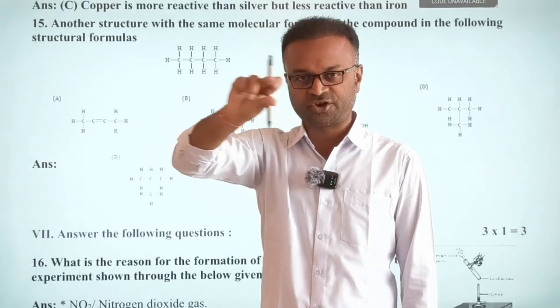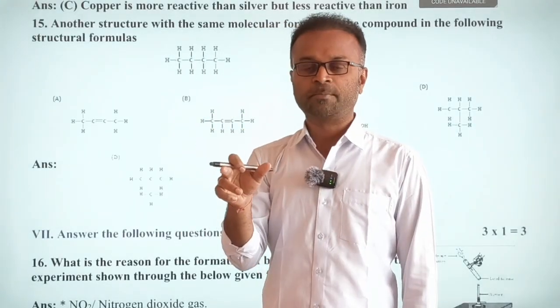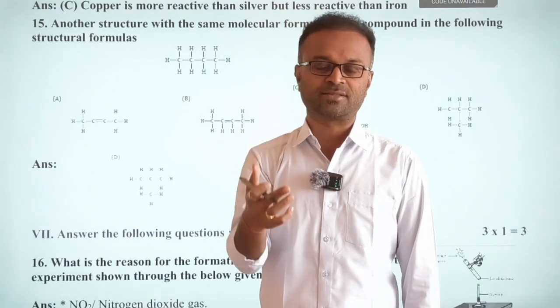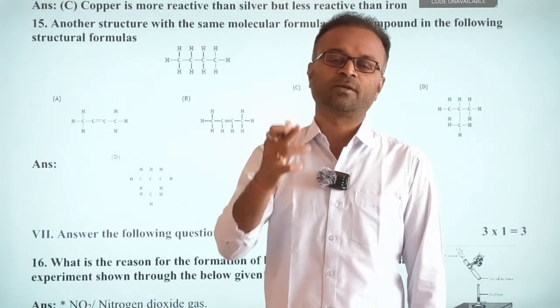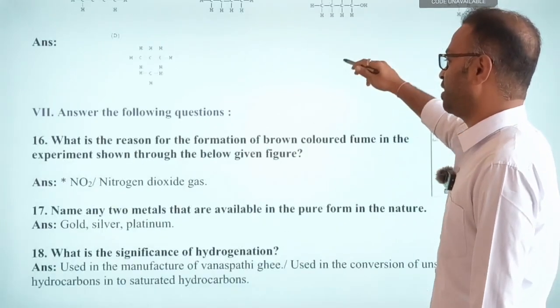So if you are writing in a straight chain, that is n-butane or n-alkane. If you are writing in the branched structure, that will become iso. Then when we are writing in the cyclic form, that will become neo. So this is a fixed question once again. So these are all the 3 MCQ questions.